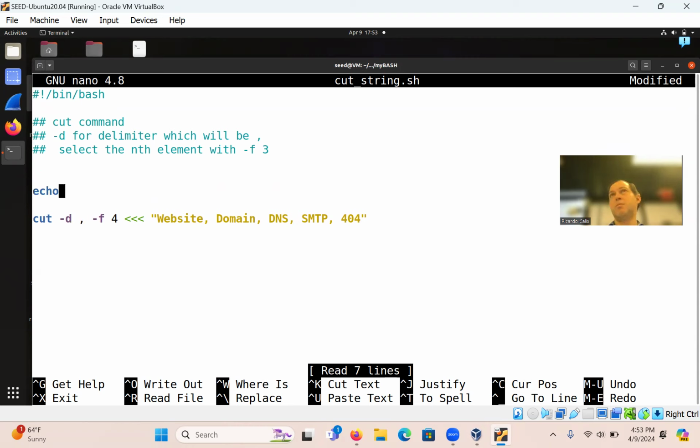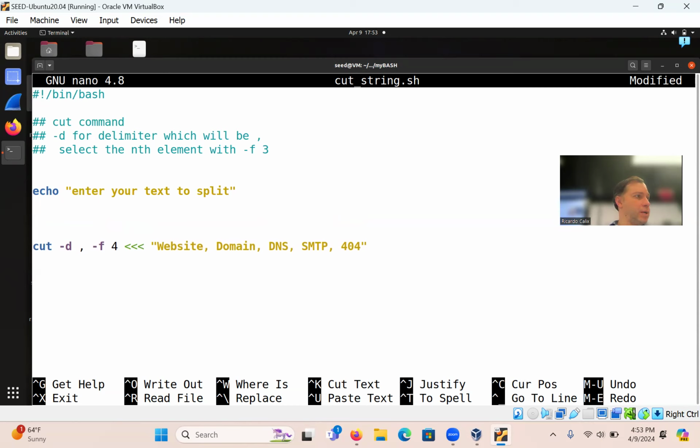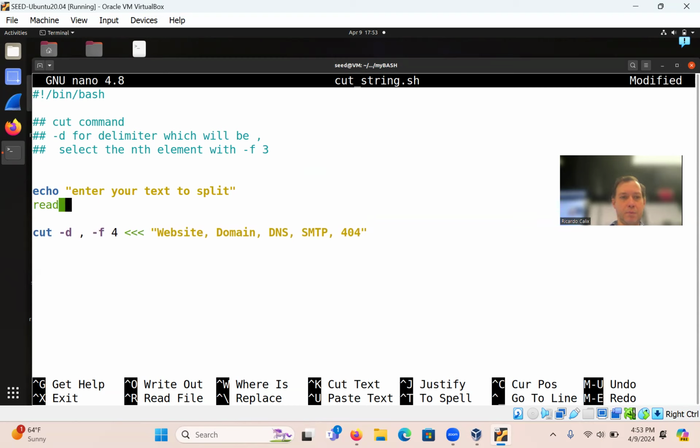So I'm mixing now bash script with commands. So enter your text to split. So then we're going to read text 1.